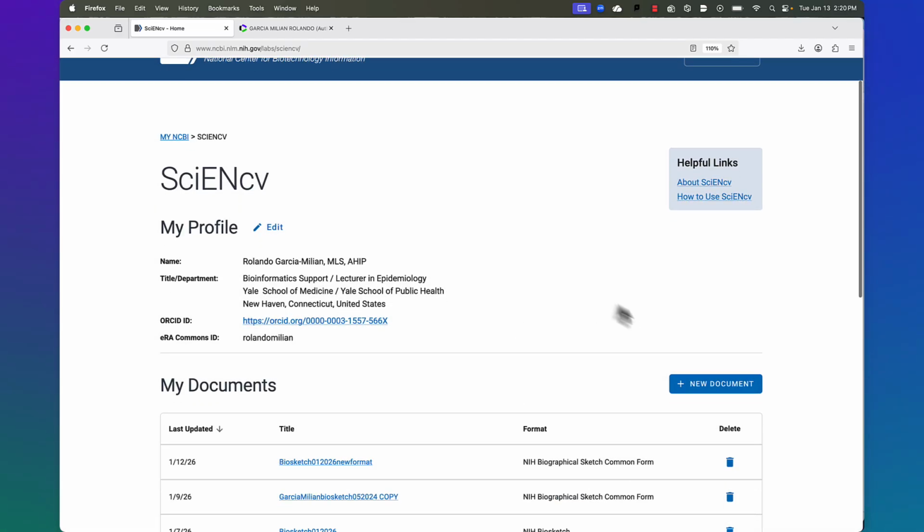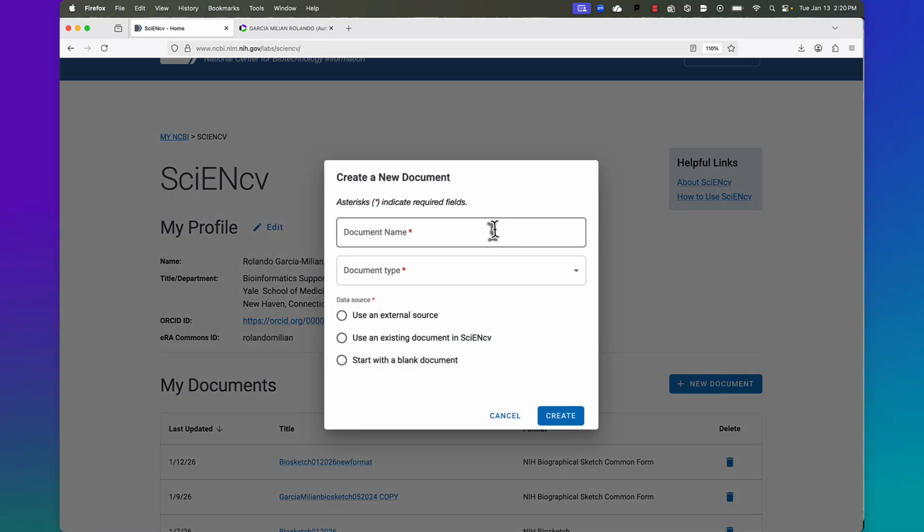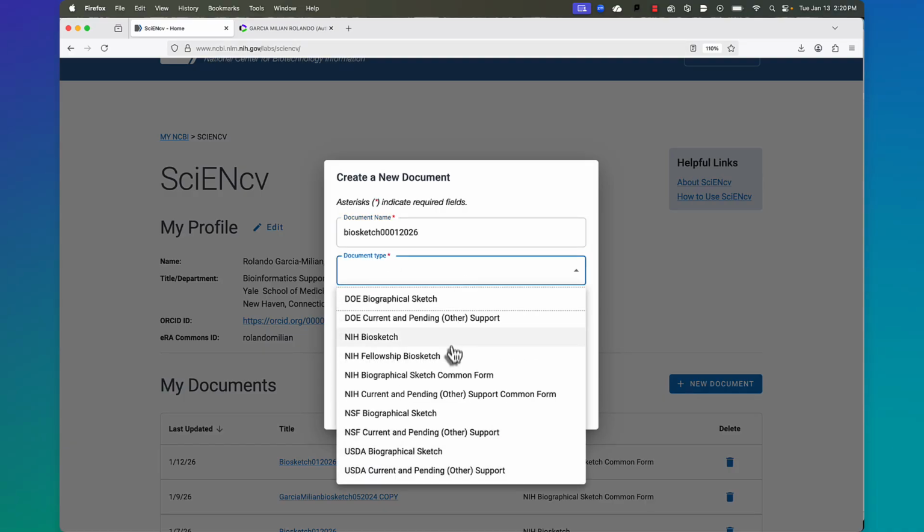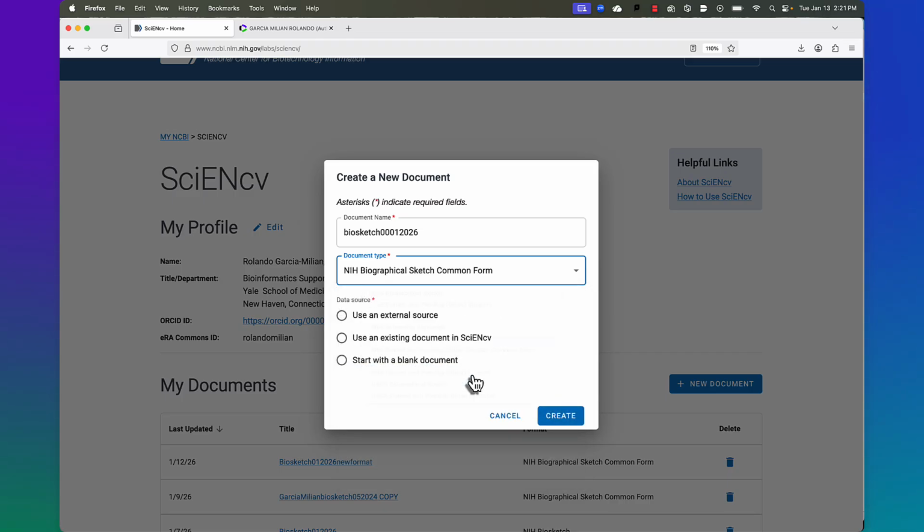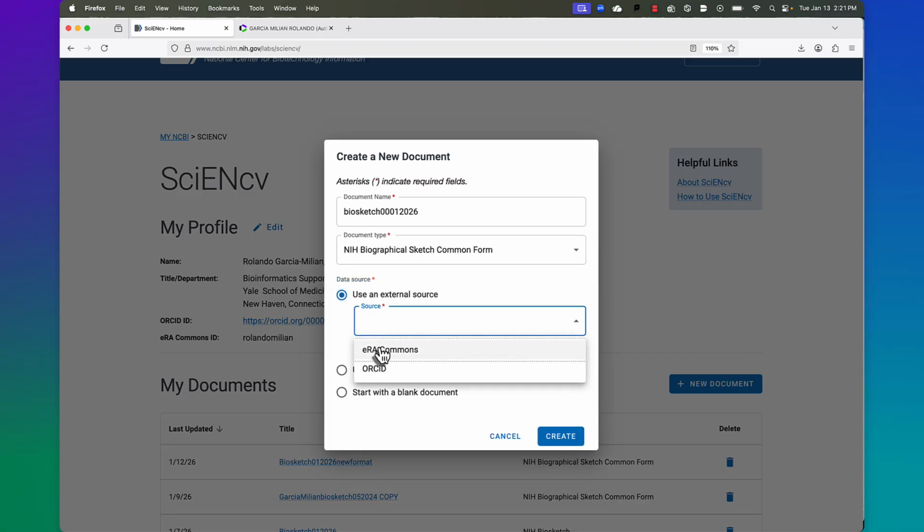The way you add new documents is by clicking this button, New Document. You add the document name, document type. If you want to create the biosketch, you select the NIH biosketch common form, use the latest form. You can start from its external source, either ERA Commons or ORCID, if you have information to ingest from those